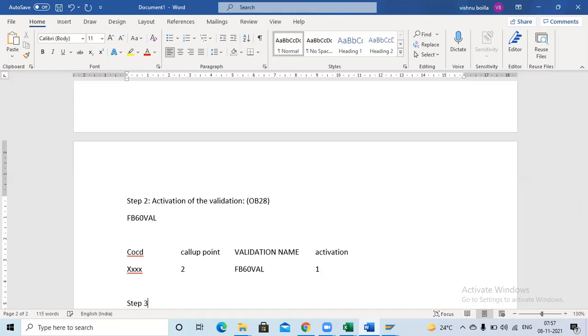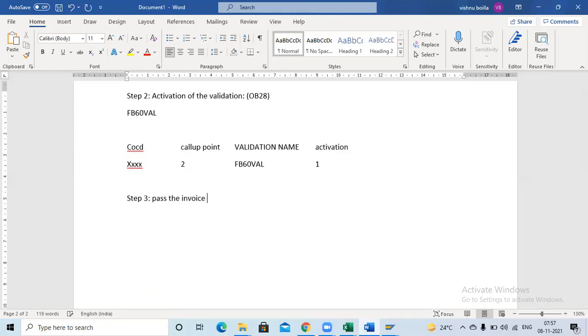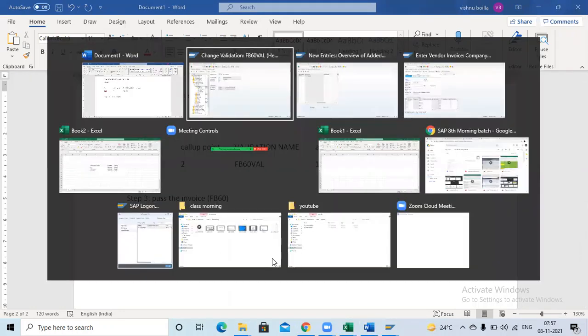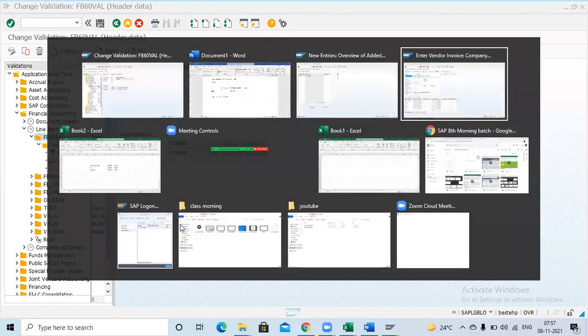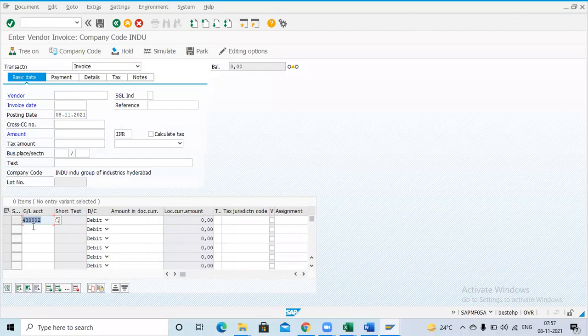Next, step 3 is to post the invoice. So in FB60, I'm going to post this invoice. I think I have given a validation for this GL. 15,000 is the limit.